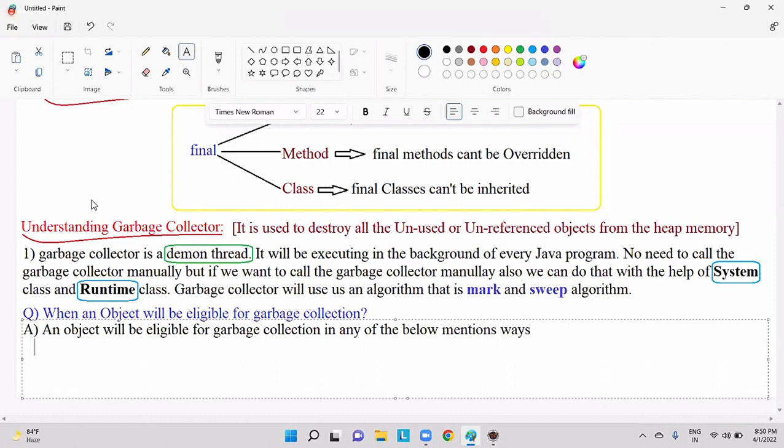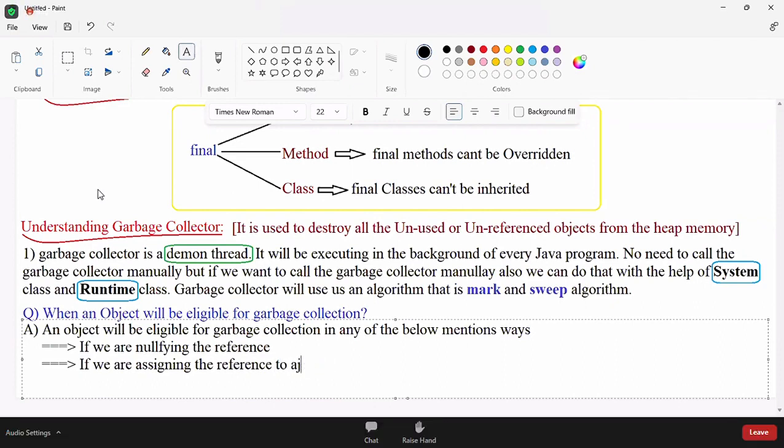First one, if we are nullifying the reference. Second one, if we are assigning the reference to another reference.